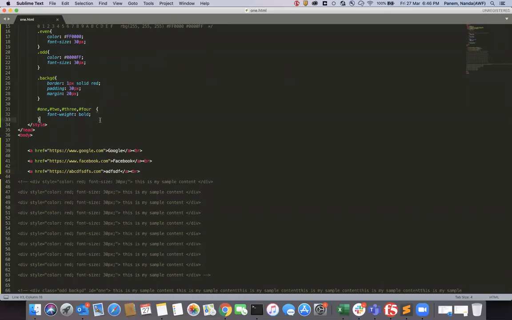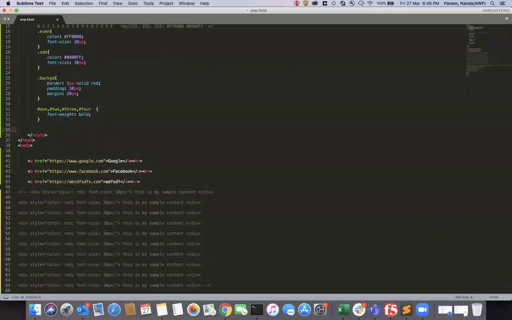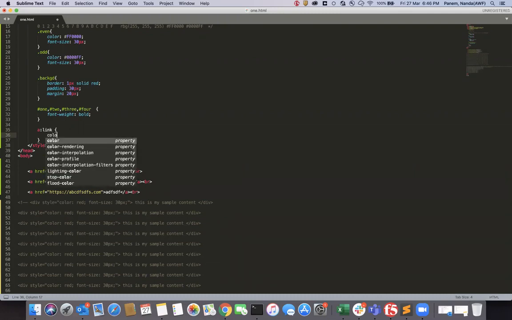So how can we provide different styling for different states of the HTML anchor tag? For the anchor tag, as I said, we have mainly four states. First is the link state, where I provide color as green.